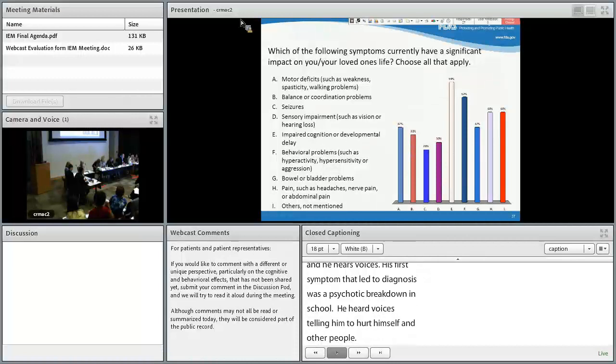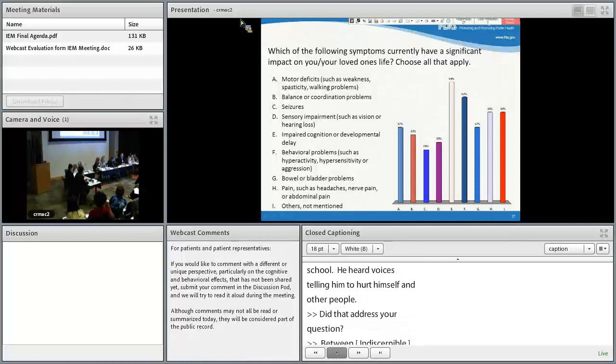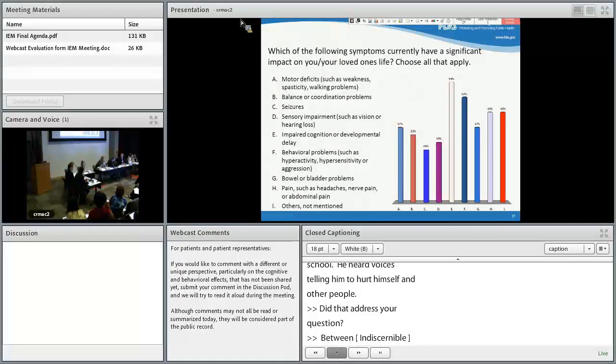Does that address your question? Between Tay-Sachs and MPS, they do have the same storage, heparan sulfate and dermatan sulfate, so that's one reason I think it's coming from the GAGs.